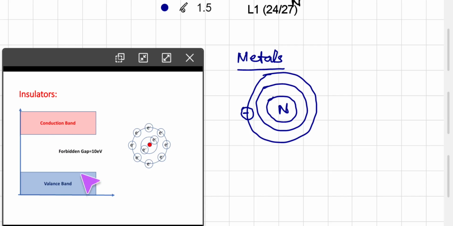So in case of an insulator, these are the electrons in the valence band, so their energy level is in this band, and if they want to get free, they need to jump from the valence band to the conduction band, but it requires about this much energy, that is, the forbidden gap is of 10 electron volt, and it is almost impossible for these electrons to jump from the valence band to the conduction band. So if such a material is used for electrical conductivity, as there are no free electrons in it, there is no flow of current, and resistance is very large.